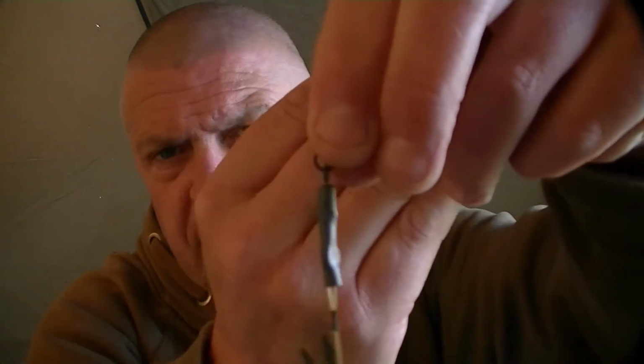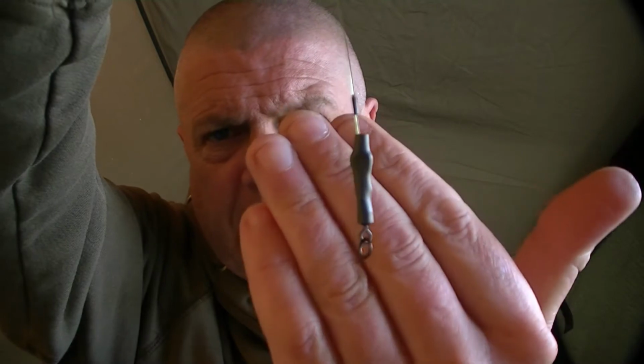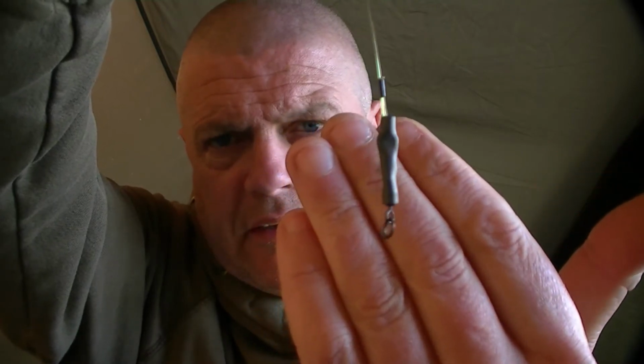And on the other, just in case they've been caught on fluoros and they're a bit wary of them, again, same setup. Turn it that way, you might be able to see it a bit better. Light's a bit crap in here at the minute. Ring swivel, again quick link, covered by silicone sleeve, 20 pound stiff mono, again,